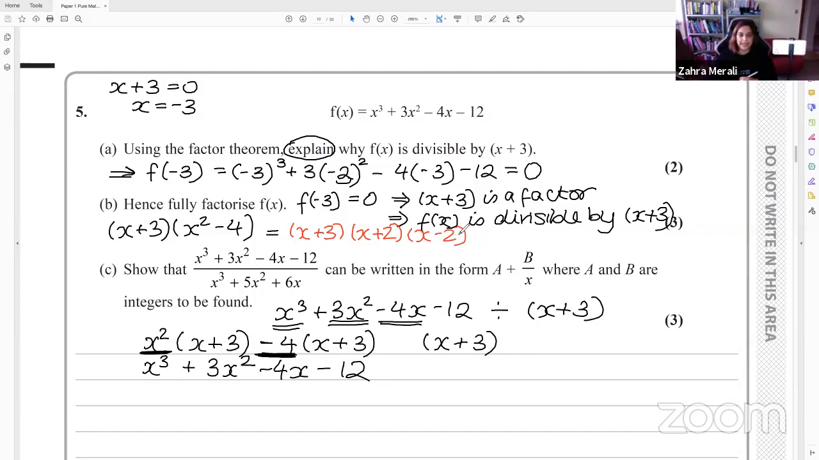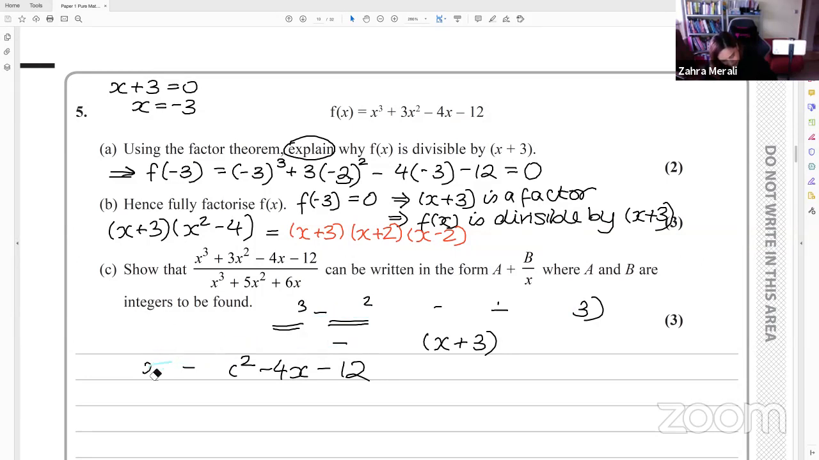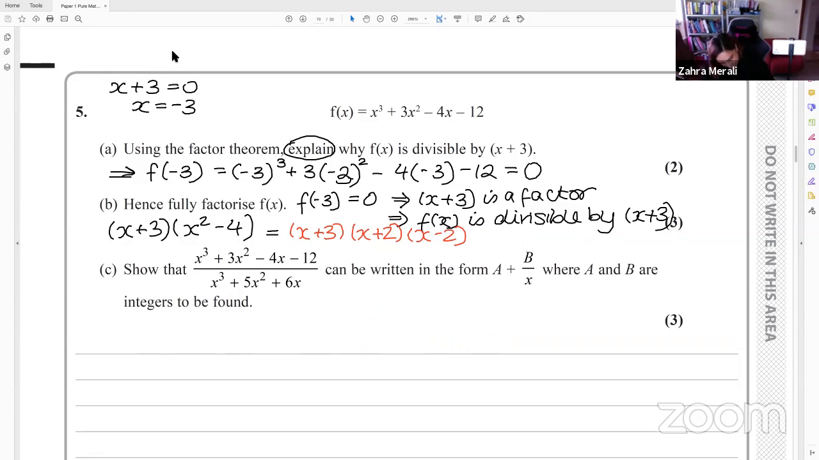Right. Now it says show that this thing can be written in a different form. So again, what we're going to do, let me erase down here so we can write it in the same place, is we factorize the top. So you've recognized, hopefully, that the top is exactly the same as all that work that you've just done. So you can rewrite the top as x plus 3, x plus 2, x minus 2. The bottom, you can take x outside the bracket,